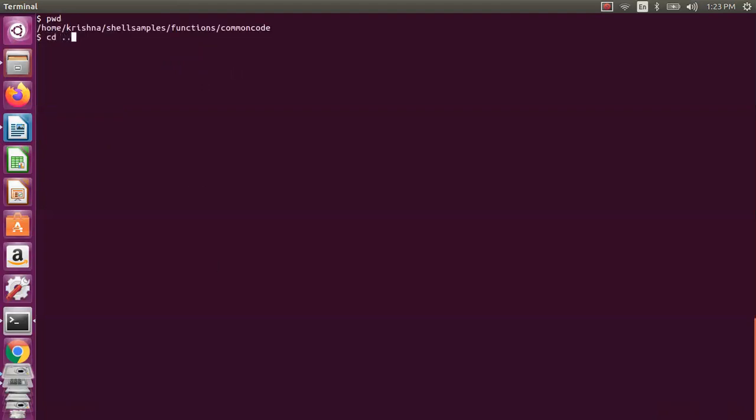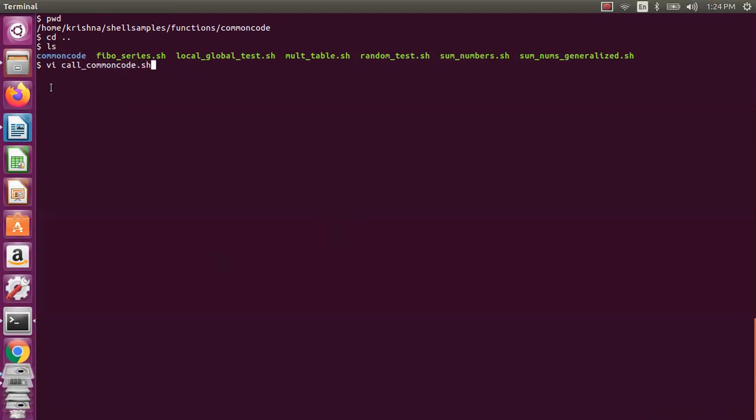So let us come to this directory actually, in the functions. From functions I am calling the common code. Of course you can call that one from anywhere, but I will show you from this particular function. So I say call common code. So this is how we will do the calling. Okay, so no need to follow the same naming convention. This is just to make sure I am calling this function, but you can give appropriate names.